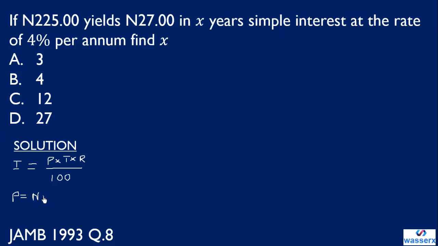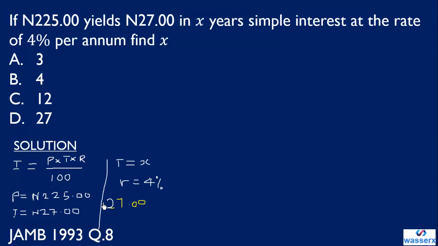We know the principal is 225 naira, and the interest is 27 naira. Then we're also given the time to be X years, then the rate is 4%. So we just substitute all this into this formula to obtain